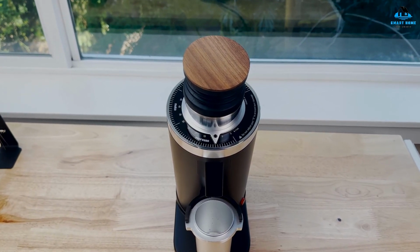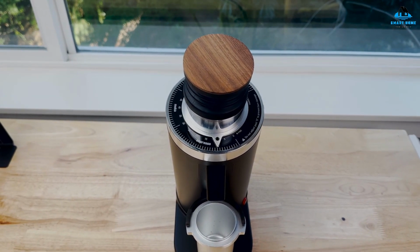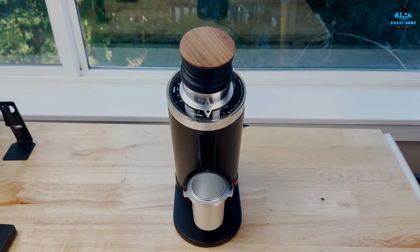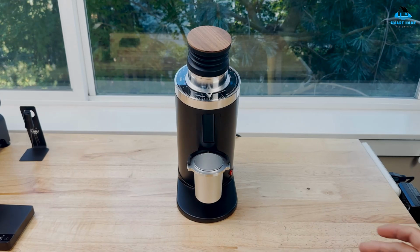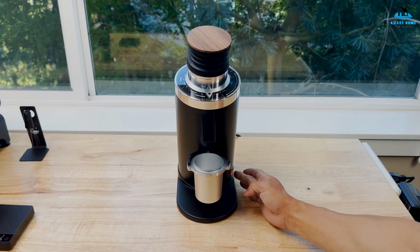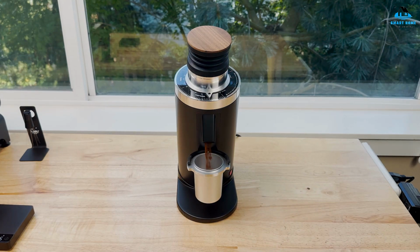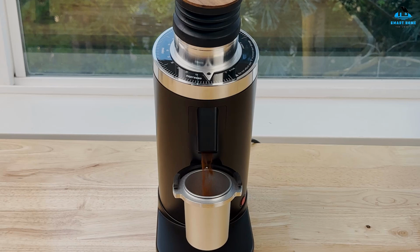So, if you've been rolling your eyes at the conical burrs in my other picks, this purchase will be a no-brainer. Sure, the $399 price tag is higher than that of most of my other picks. However, the DF64II is very affordable for a grinder featuring flat burrs. Oh, and if you're a real coffee geek, you can buy MiiCoffee's fancier SSP burrs and swap out the included set. Again, this is only an option if you can't help but introduce fuss and high-tech features into your morning brew. For most people, the included burrs will work just fine for espresso,